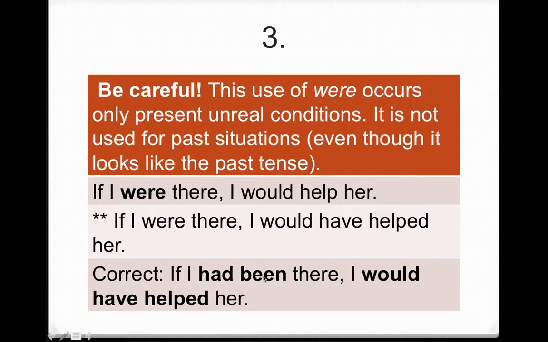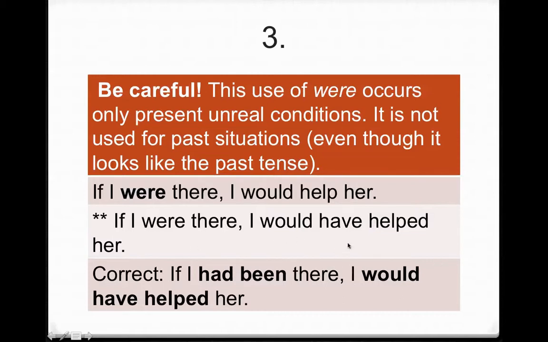So when I say, if I were there, I would help her, this is correct. And this is really present, even though this looks like the past. If I were there, I would have helped her, this is not correct